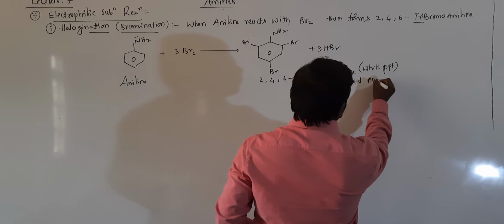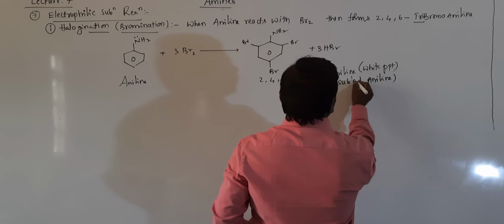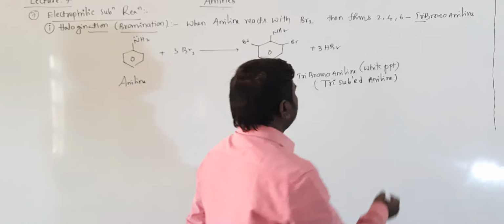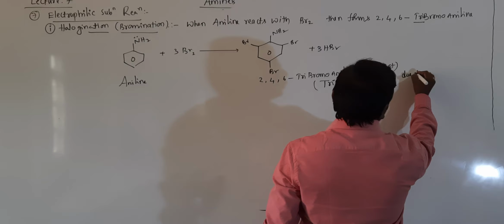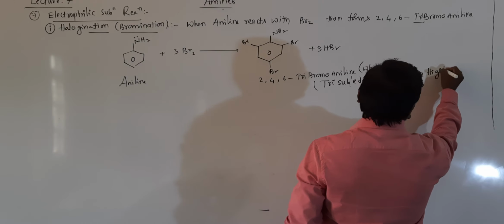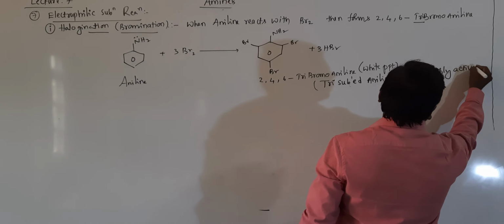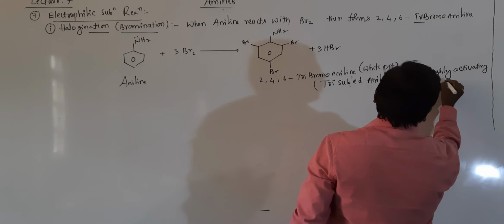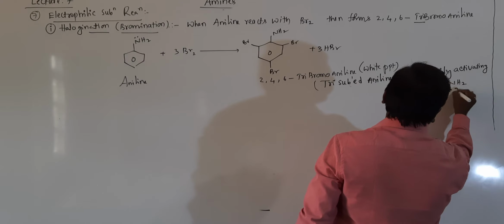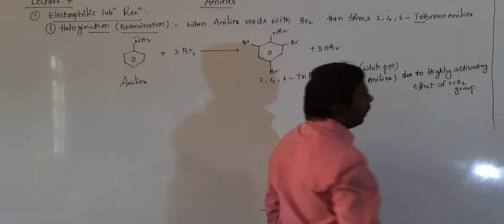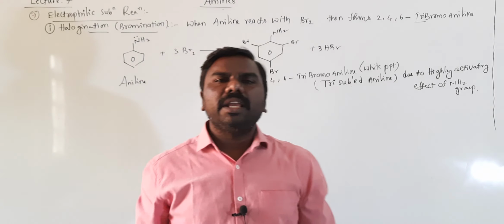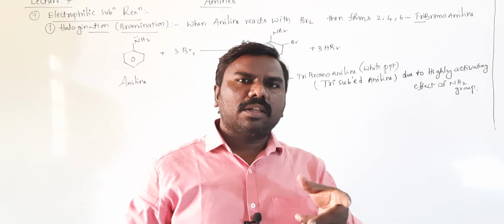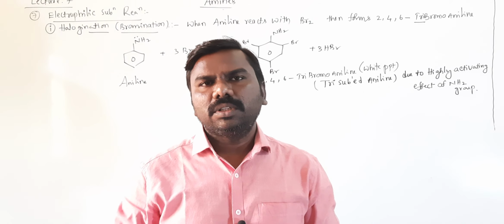It is not monosubstituted. Due to highly activating effect of NH2 group, 3 bromines are attacked at 2 ortho positions and 1 para position. That's why we are getting